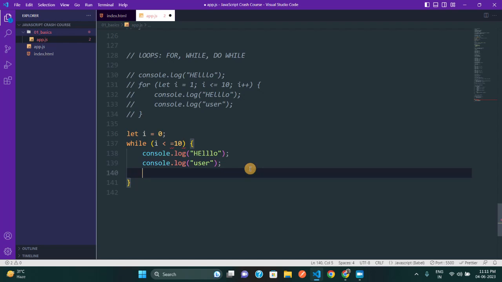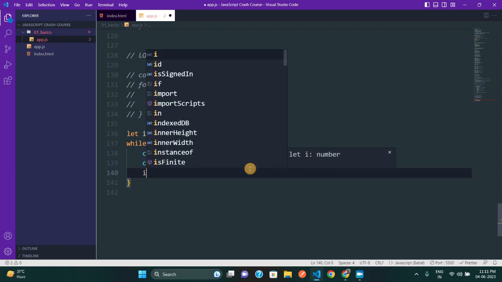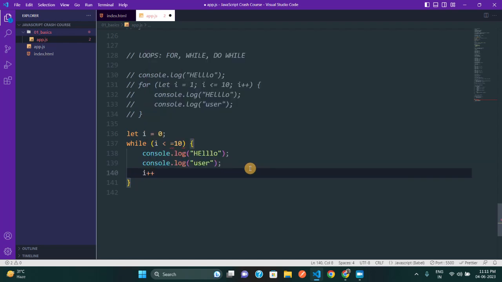And then after that we are going to increment it out here, and let me fix this as well. So it is going to be less than or equal to, and let me give the space. So here what is going to happen is first we have initialized 0, and it is going to check the condition: is 0 less than 10, true. It is going to print hello user. It is going to increment, make it 1, is 1 less than 10, true, print hello user. So it is going to keep on going,